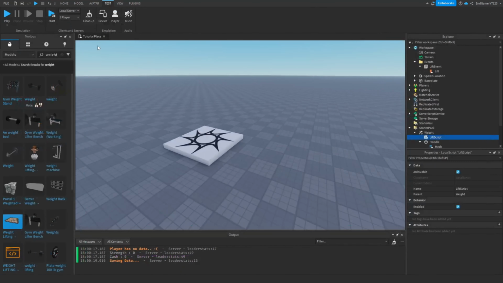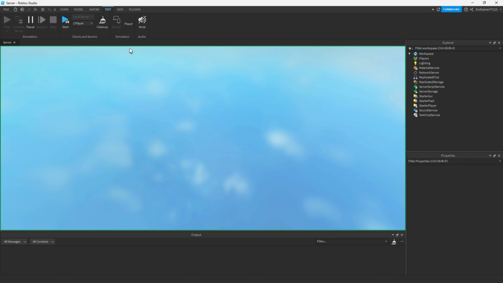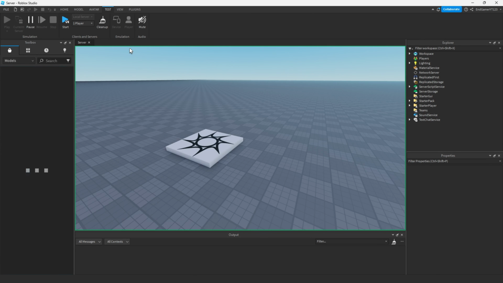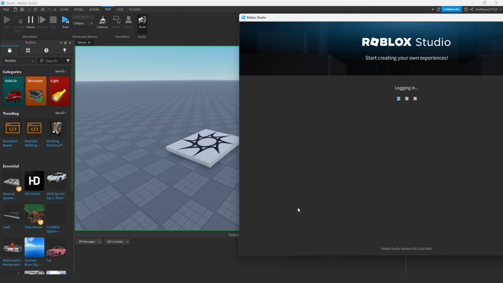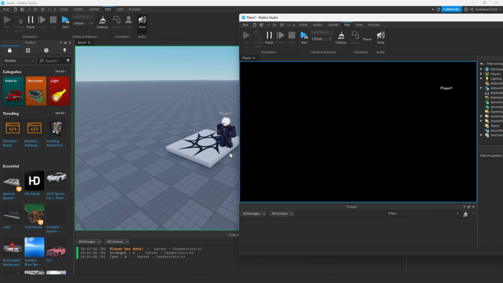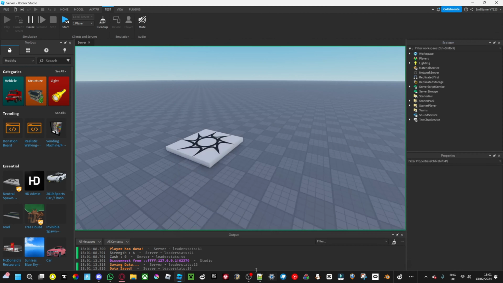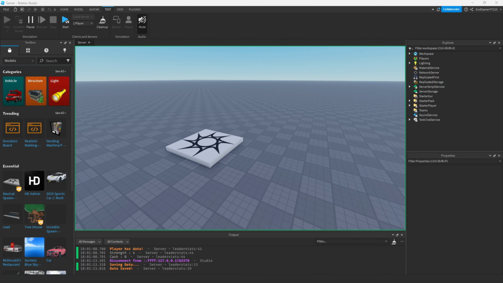So now if you click clean up, then click start again, you should hopefully see that you have your data. So just wait for it to load up. Player has data, strength 4, cash 0. There you are. And then what you want to do